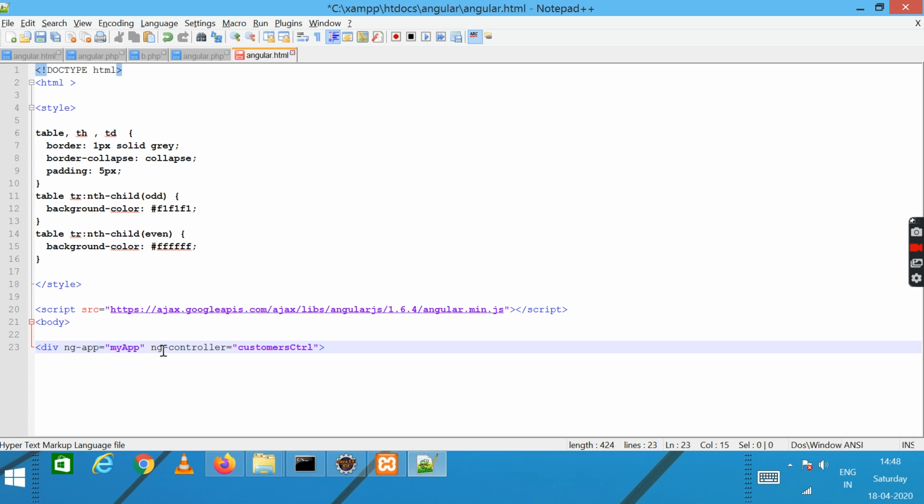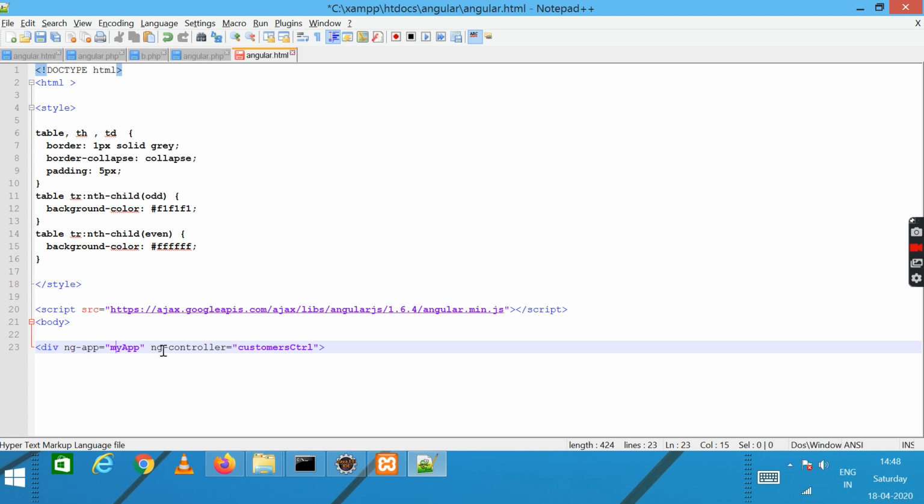Then second, I'm using the ng-controller, and I'm giving the name called customerController. Customer controller is the name of the controller. So as I told initially, we have three basic directives, and these directives are ng-model, ng-bind, and ng-app.